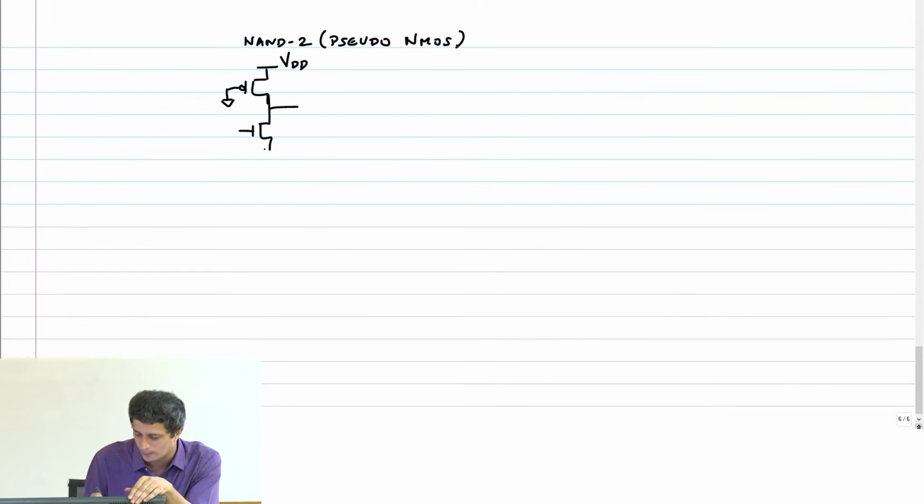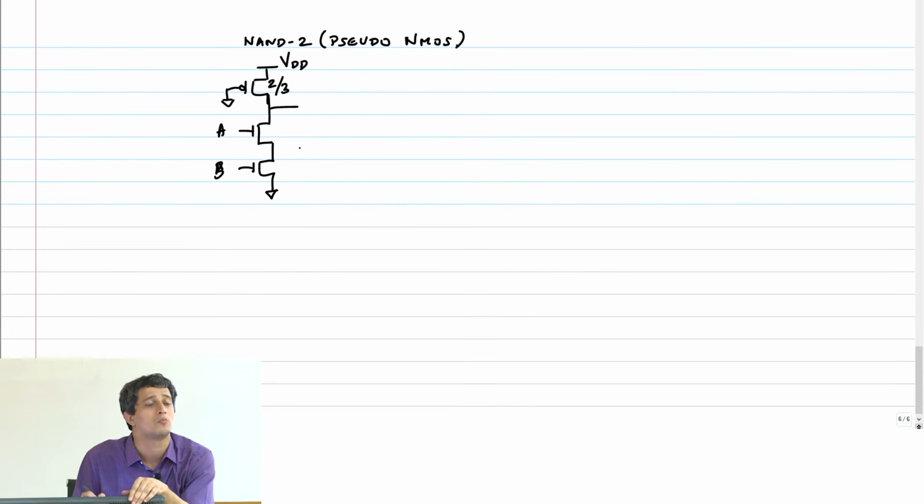So I basically need to add another transistor B. This is 2 by 3. What should the size of the NMOS transistors be?